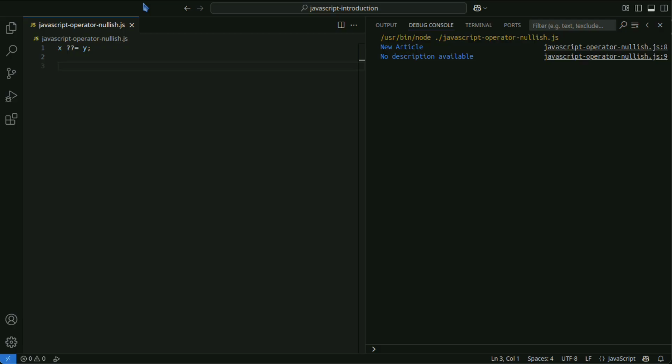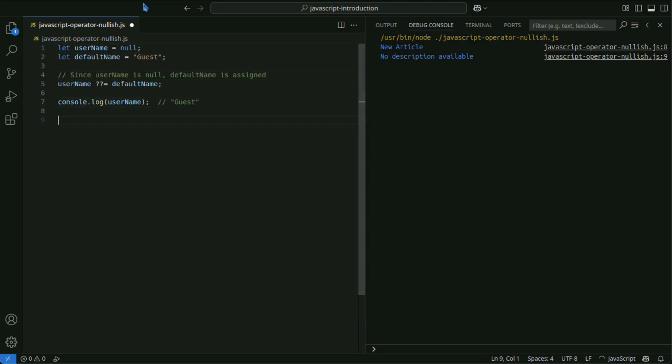Let's look at a basic example of the nullish coalescing assignment operator. In this code, since username is null, the value of default name is being assigned.